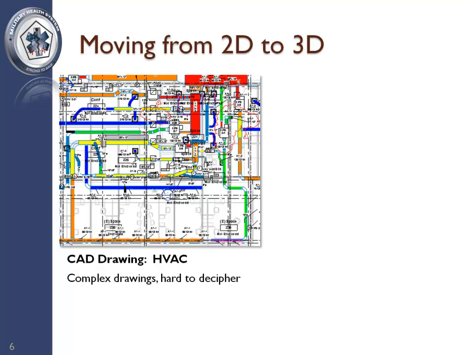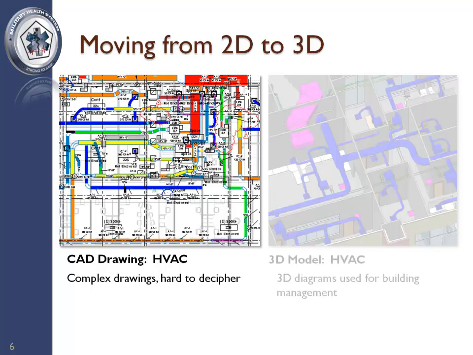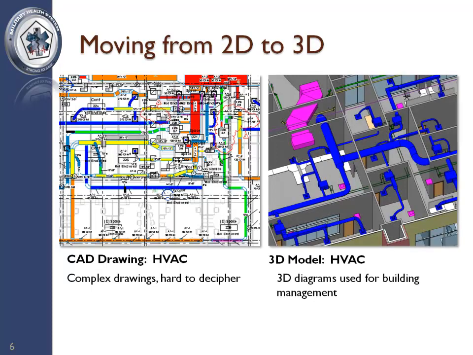BIM is different than CAD because BIM is composed of 3D objects that are associated with intelligent data. This is the core of BIM's value, the ability to achieve enhanced visualization through 3D representations of building components and to serve as a conduit of data. Enhanced visualization is easy to appreciate. It can take years of training to understand a two-dimensional drawing of a complex HVAC system, but the 3D model can be quickly evaluated. Enhanced visualization permits more effective communication, troubleshooting, and understanding of system components and their relationship by